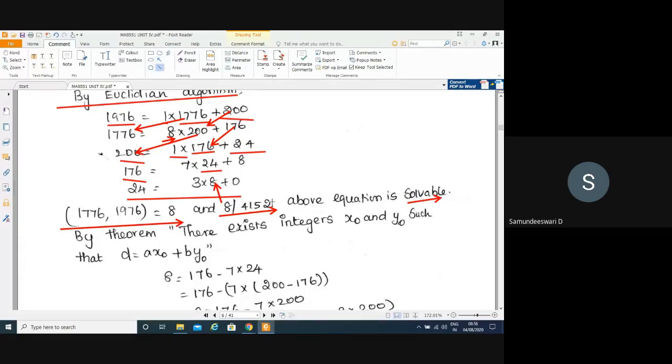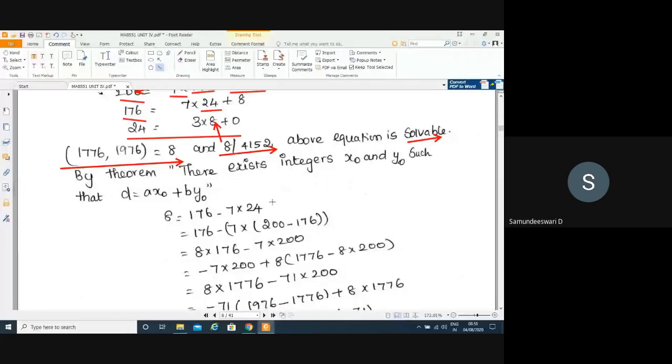The second part: I am going to choose x naught and y naught, that is a particular solution. First you choose x naught and y naught, and then find the general solution. So how can I find x naught and y naught? It is also one procedure. Trial and error is okay, but the proper procedure is to use the theorem d equals a x naught plus b y naught, a linear combination, which I already told. So x naught, y naught is a solution of that.